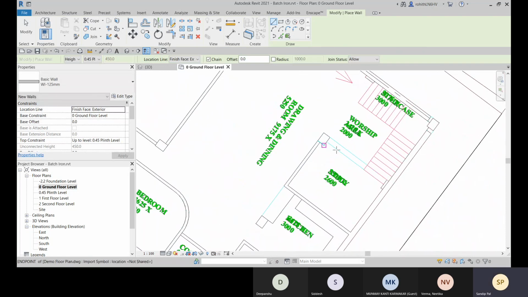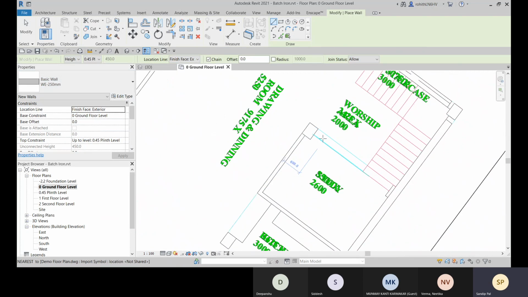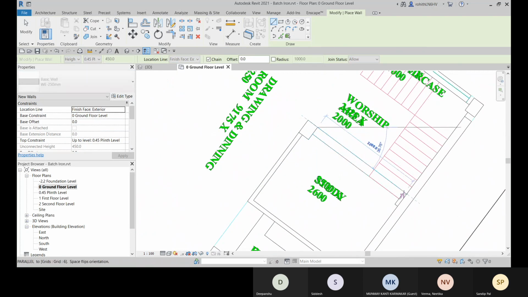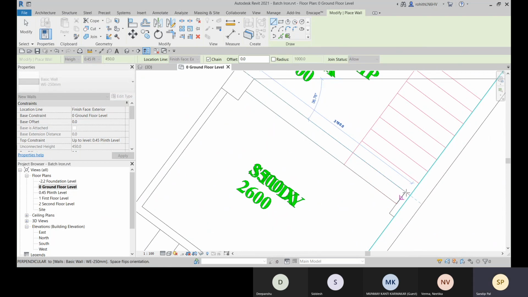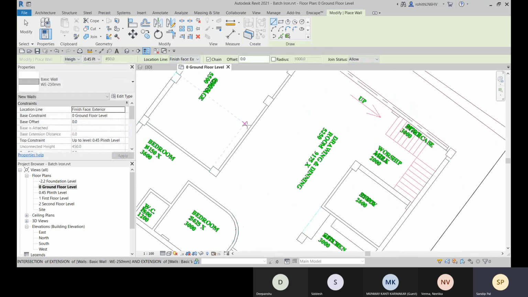And here we have the room. So for that, let's choose that wall, exterior. And it will be placed till here. Go with the SE. Okay, so this way it is placed.